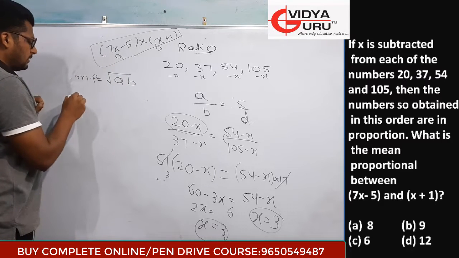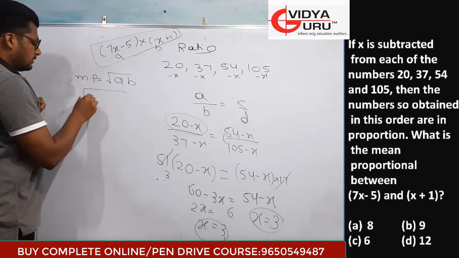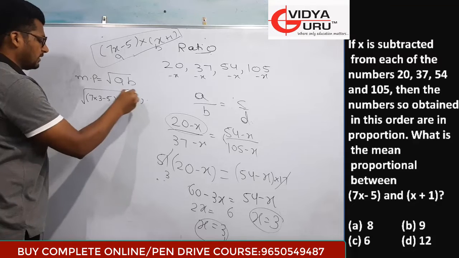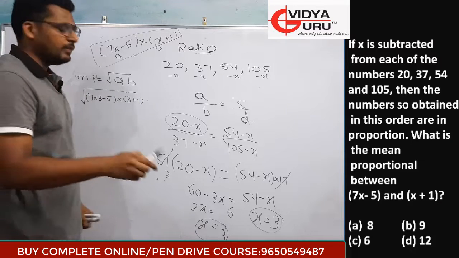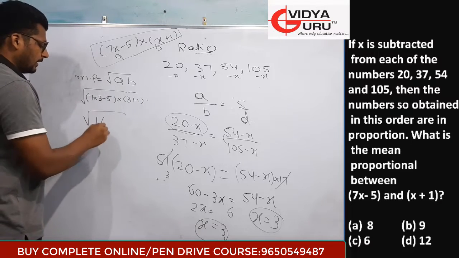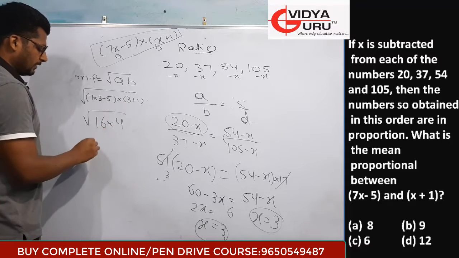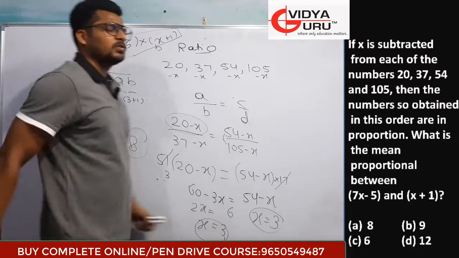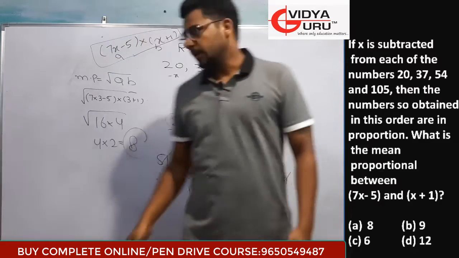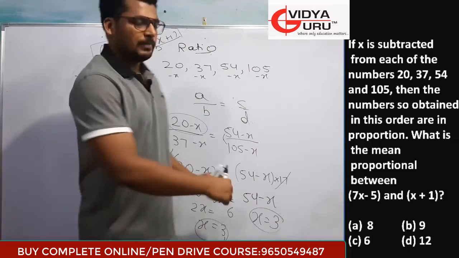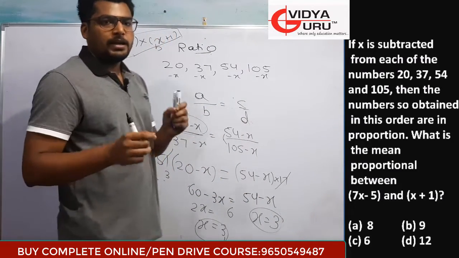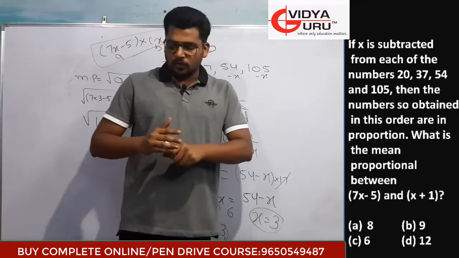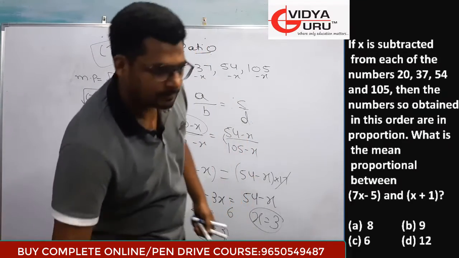If we put 3 minus 5 and 3 plus 1, 7 3 are 21 minus 5 will be 16 and it will be 4. Root 16, 4 will come outside and 4 2 will come. What is the answer? 2. This is a very interesting question, and if you do not apply this method it will become very lengthy. Option number A is the correct answer of this question. So coming on to our next question of one more of this type.